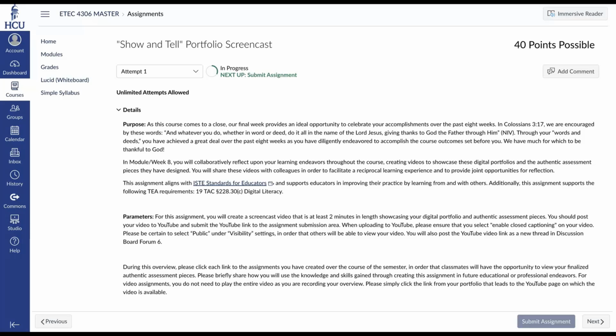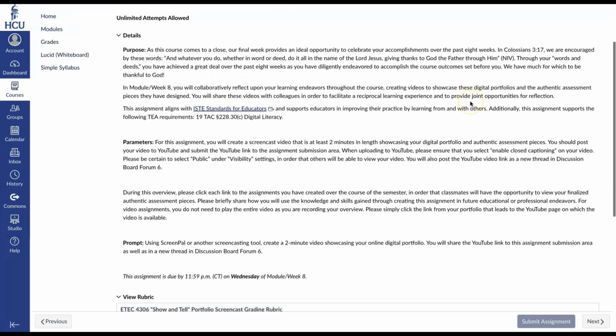This week, you will showcase what you have created through a screencast, and similarly to the previous screencast you created in the course to overview the tool of your choice, you will use your favorite screencasting tool. It can be ScreenPal or another tool of your choosing, and you will review your portfolio and share with the class the authentic assessment pieces you have created.